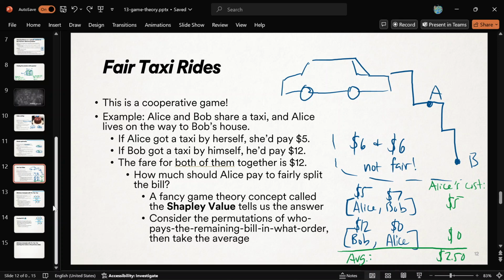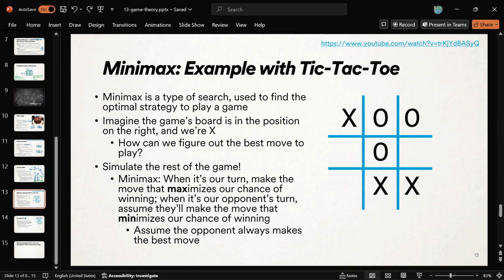All right, the last thing that I want to talk about for this set of slides before we switch to some different ones is an actual game. Let's talk about tic-tac-toe because it's a simple game. I want to teach you an algorithm to determine the right way to play a tic-tac-toe game. If you were able to program this idea that I'm about to teach you, you would always either win or tie in tic-tac-toe. Okay, so here's how you do it.